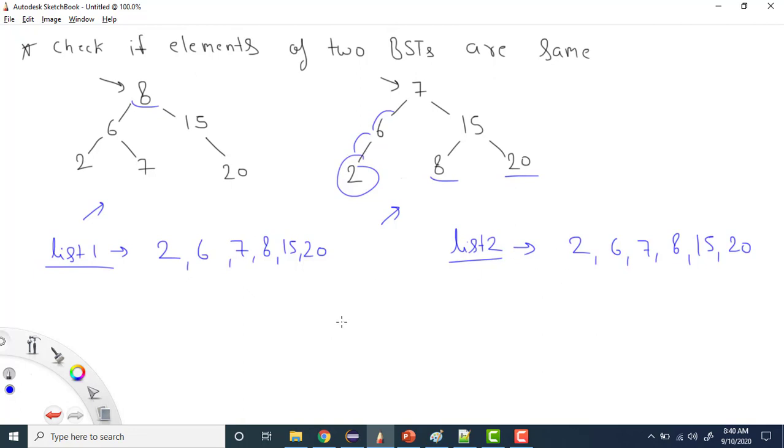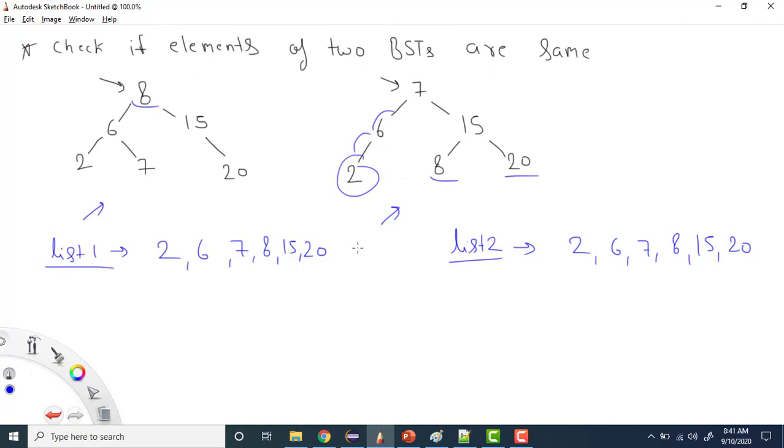In Java we have a function like list1.equals(list2), which basically compares both lists. Or if you want a basic approach, you can have a for loop and first check whether the sizes are equal or not. After checking the size, you can check whether the elements are the same or not. Again, the checking will take big O of n.